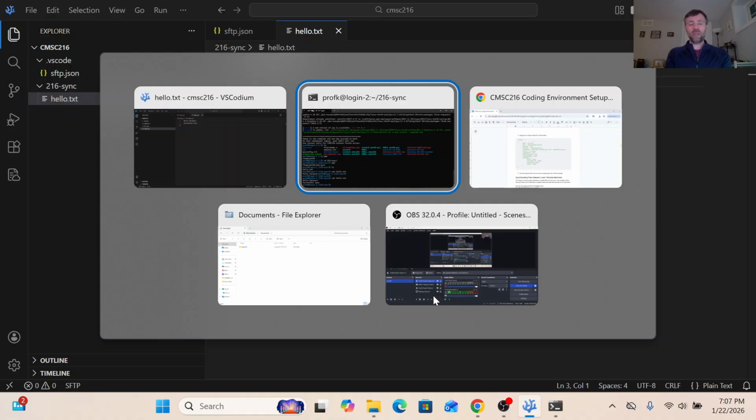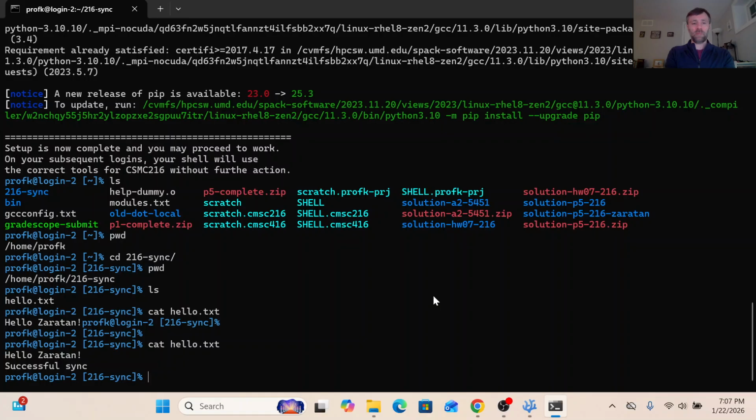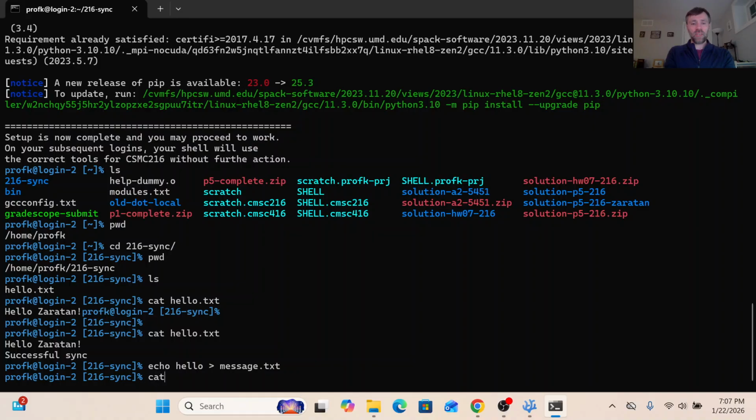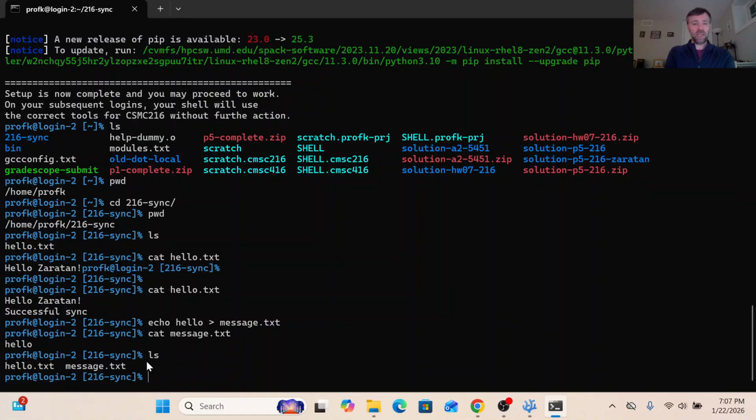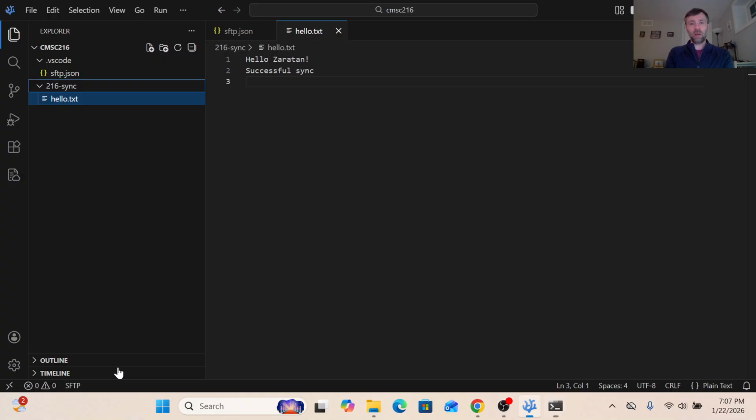And now you can emulate that a little bit. If, for instance, I created a file here by saying echo hello, and then plopping that down into a message.txt. You can cat that out, the message.txt, and it has the word hello in it. Do a listing, and now there are two files. Here there's the hello.txt that we created and synchronized, and then the message.txt. But on my local machine, I've only got one of those files. So if I wanted both, and this will commonly happen as you maybe compile programs or complete a project and want to get a copy of the zip on your own machine, you'll need to do a remote to local